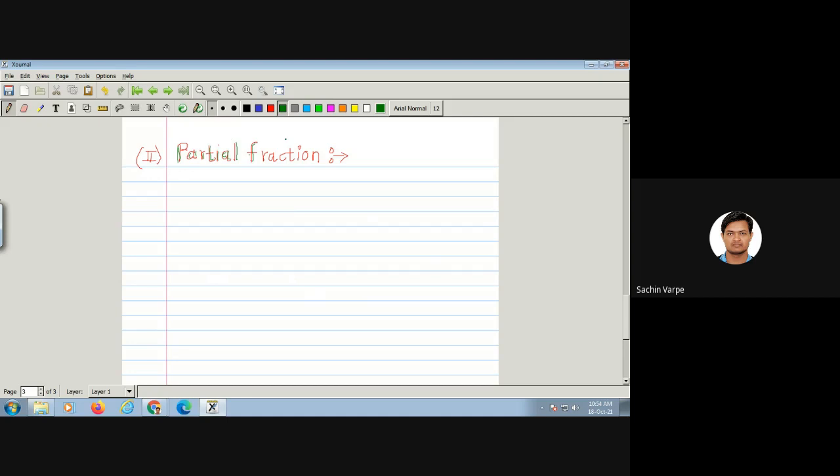So I'm writing in short here. Degree of numerator must be less than degree of denominator. Will it be okay? Equality is not there, remember. Strictly less than. अगर equality भी है, तो can we convert it into strictly less? If the degree of numerator is not less than degree of denominator, so can we make it less? And how? If yes.